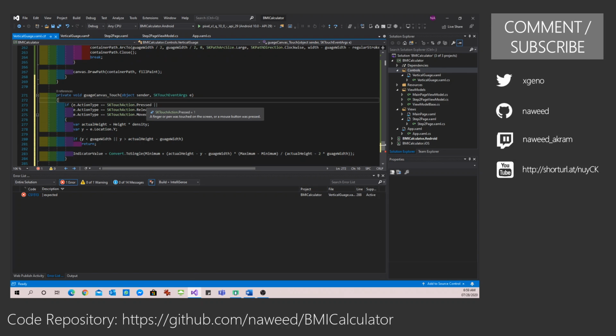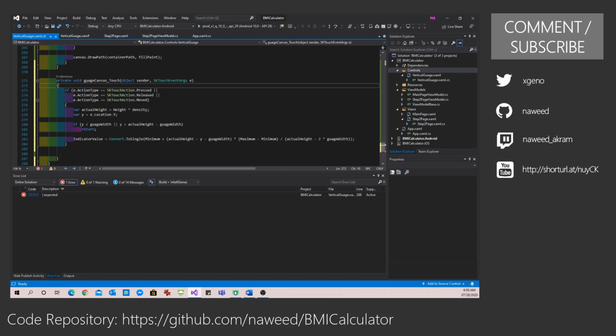So whenever it is pressed or released or moved, basically whenever any of these touch events is done, I am calculating the actual height of this control, and this is where we need to work with the density, and I'm getting the exact location it is touched, but this location does not automatically translate to the value within that range. So for that I am doing a simple mathematical calculation to translate it to the value in between.